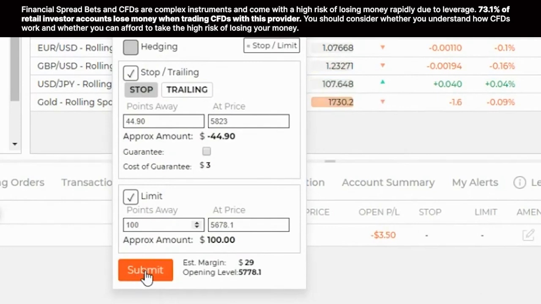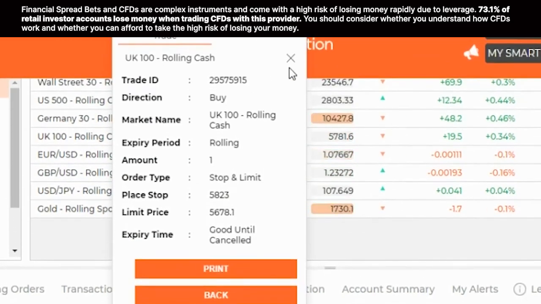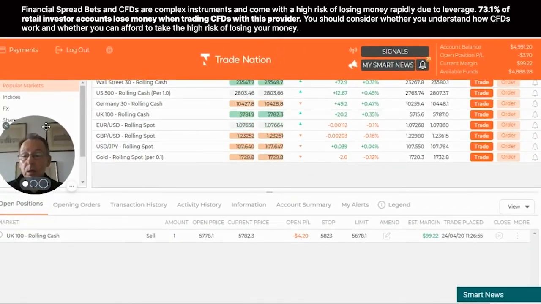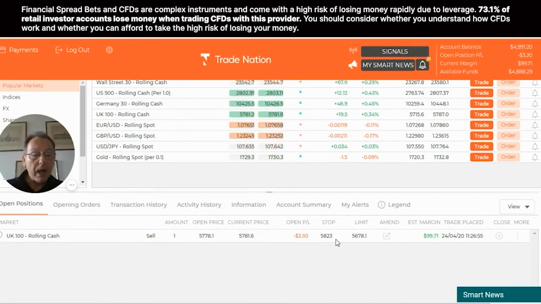So I submit, and I get a confirmation straight away up here. And if we go down to my open positions, I can see all that now applied to my position. So there was the original position. I sold one at 57.78.1. I now have a stop in at 58.23 and a limit at